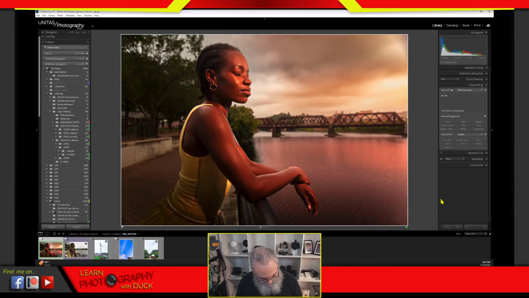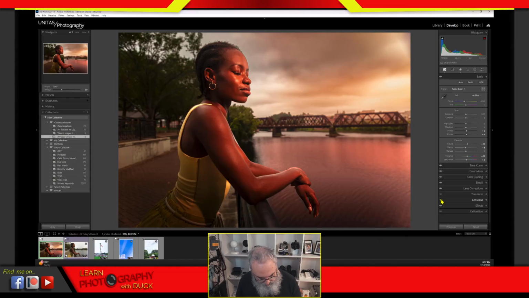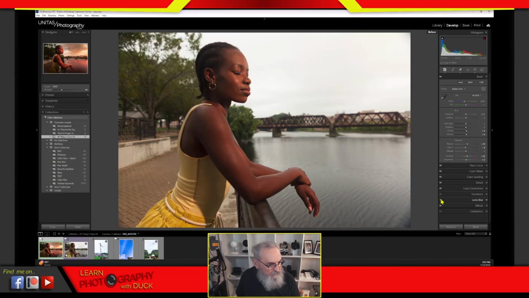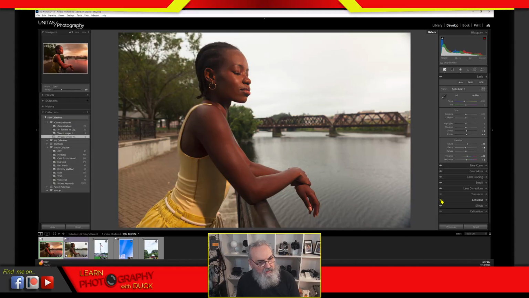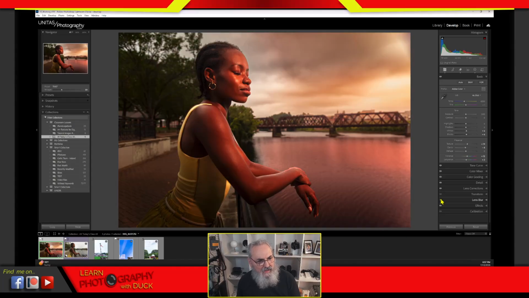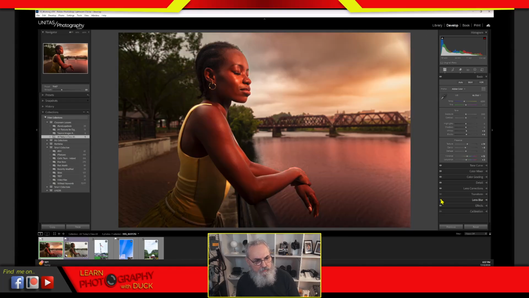Let's go to the develop module. This is the before, and that's the after. All of this was edited in Lightroom. This edit was done in Lightroom. Like I said, I think I did this with you guys. I'm not 100% sure, but anyway,